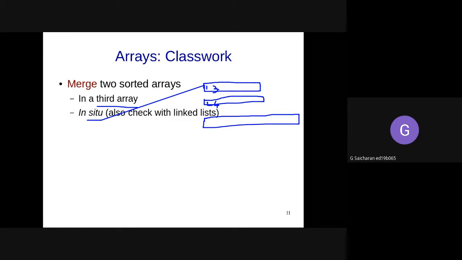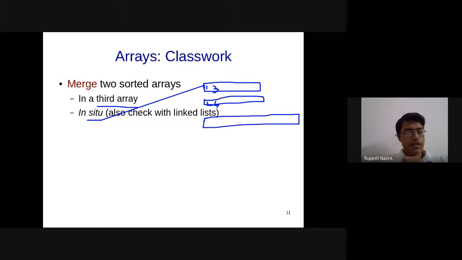Yes, that is correct. Yes, the complexity will be m plus n, but doing it in the same loop will probably be a little tricky. That's one of the reasons why Visharad has pushed. I mean, the first loop goes with the minimum of m and n, and then there are iterations which might go over the rest of the elements. But yeah, this logic seems to be all right, not a problem.